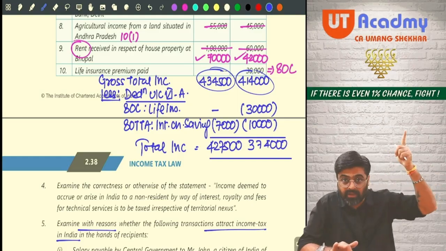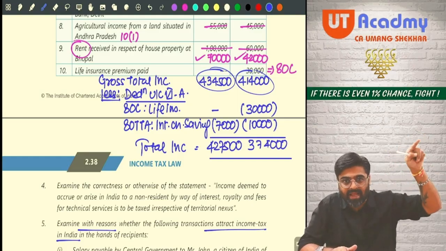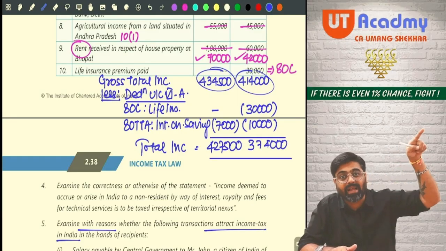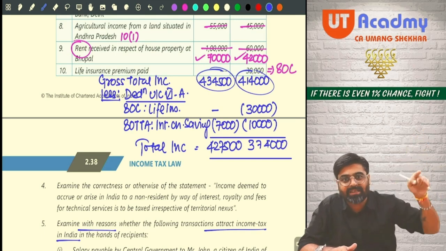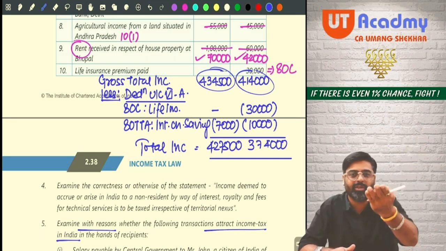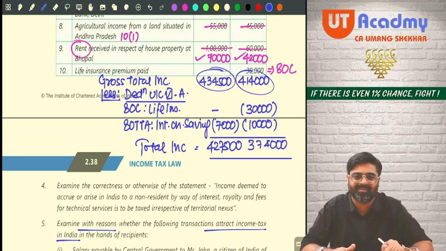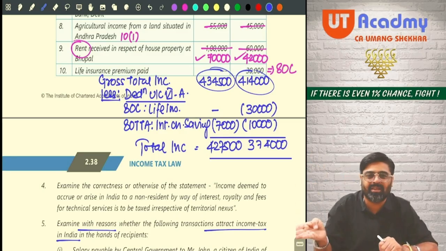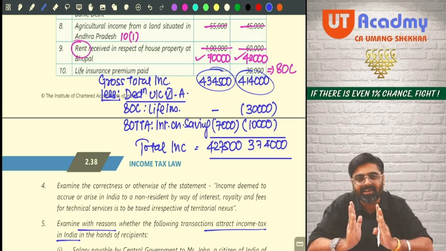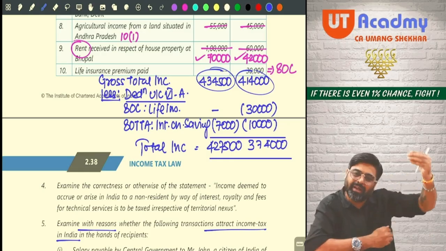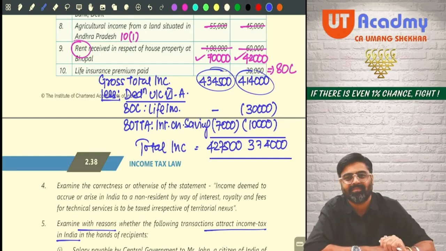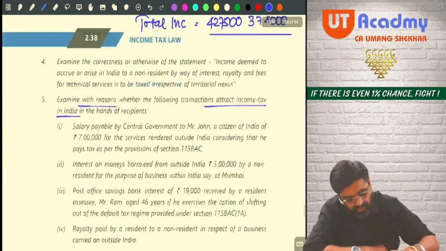And once we are into the tax rates, we'll discuss the tax rates of 115BAC. When I show you 115BAC, you will say, sir, we have already studied all these things with the chapters. It will be just an exercise of reading all those things. That's it. Got it? So let's come to question number 5.